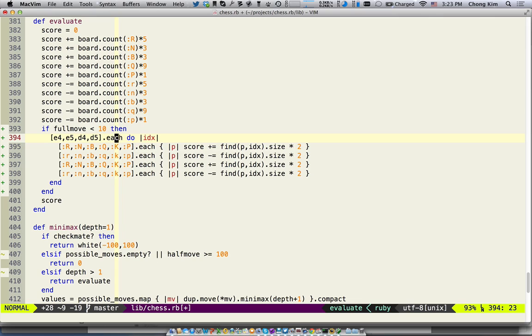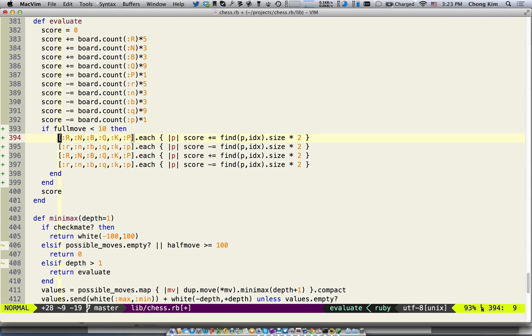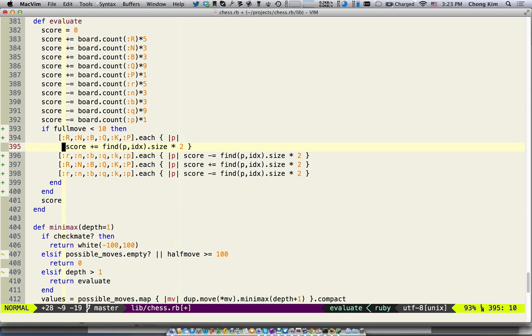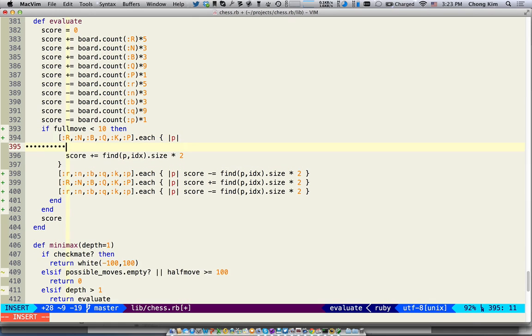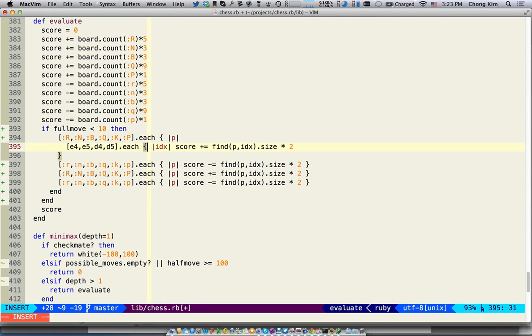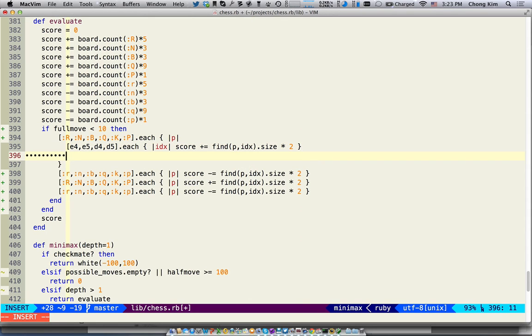Actually, I think we need to invert this. Okay. Yeah. So we have this right now, and e4, e5, d4, d5, each do idx. And actually, let's just do it like this. Okay. All right. The reason why is because those are the center squares, but the other squares are kind of important too, like the ones that surround it. And that would be